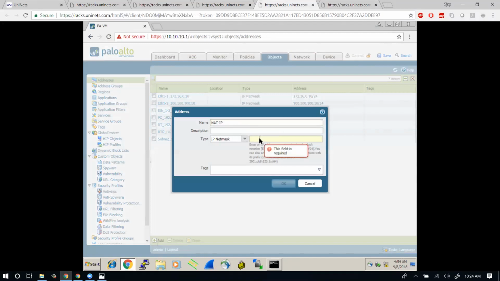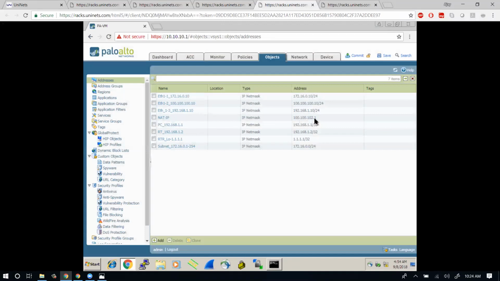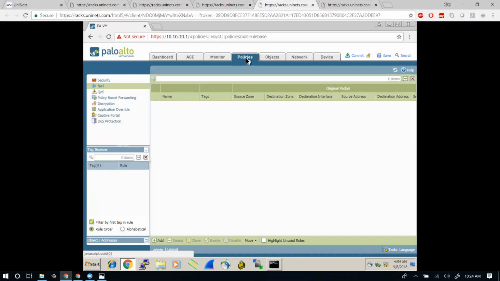Let me define any IP, 100.100.102.1. Okay, NAT IP is there. Now, first of all, let's go to policy initially. Go to NAT, create a rule from here, add,